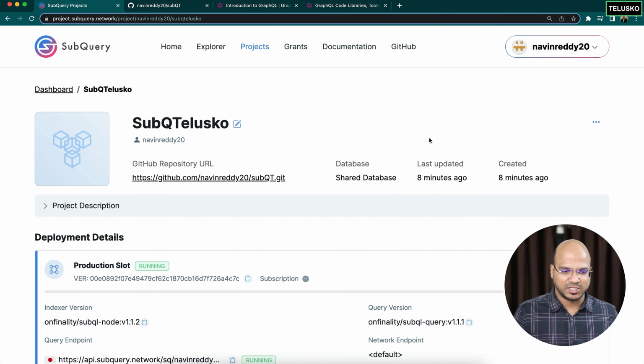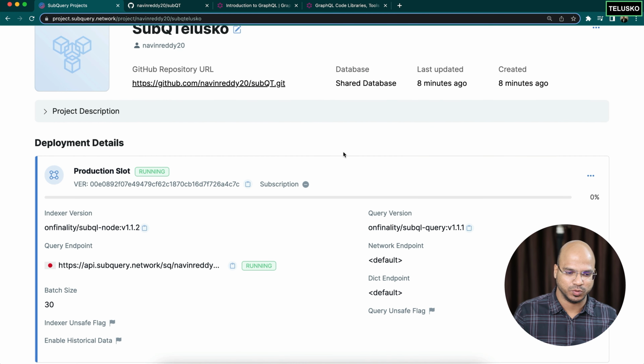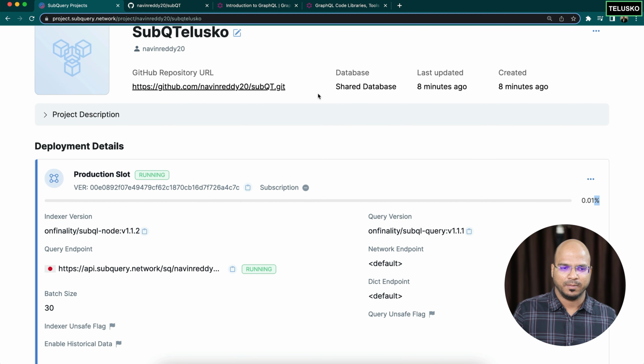Okay, so processing is done and you can see it is in running state. It took some time, around 7 to 8 minutes, but finally it is working. The only problem at this point is you can see the indexing is 0. It just started, so it will take some time. But again, you will not do this every time. This is done only once or maybe for a new update. Once indexing is done, you can start the query.